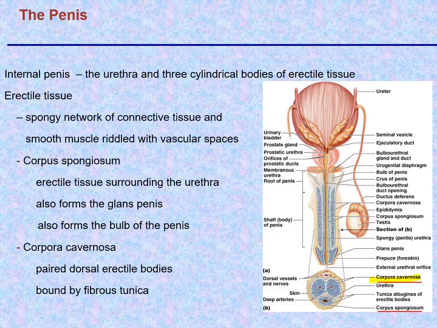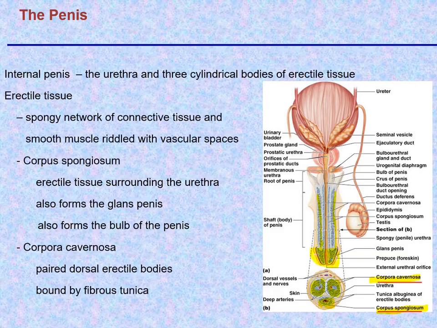Here, so there's two of them. These two cylinders, shown in cross section, so we're talking about this structure here and here. And the corpus cavernosa, which is on the bottom surface of the penis. The corpus spongiosum in the bottom here surrounds the spongy urethra, but it also expands out at the end of the